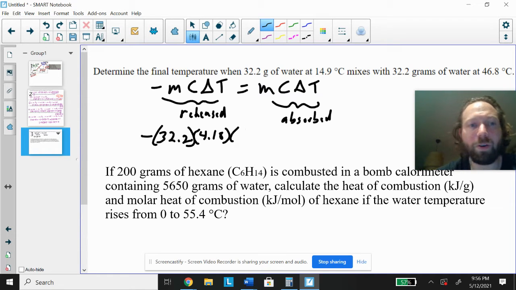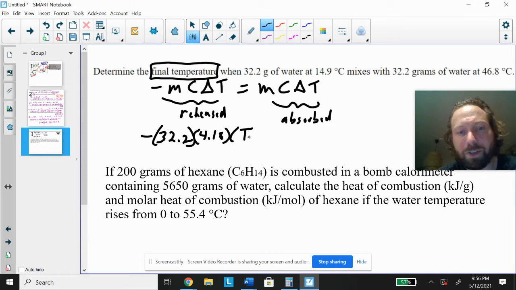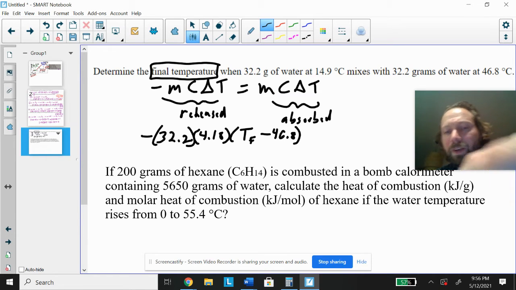What we don't know is the final temperature, which is what we're trying to figure out, so we're going to leave it as a variable. I'm going to call it TF. We're going to subtract the initial temperature for the thing releasing heat, which is 46.8, and set that equal to the other substance, which is